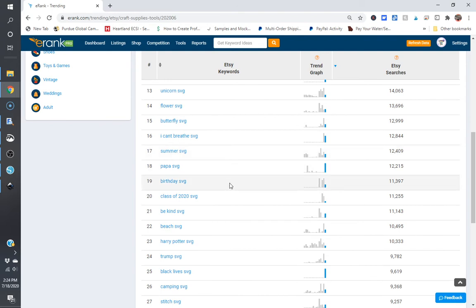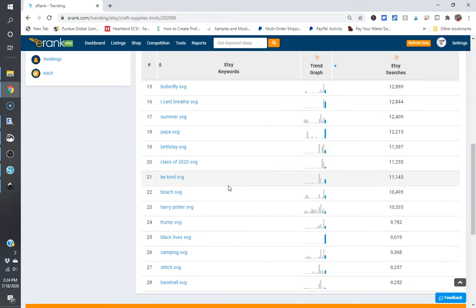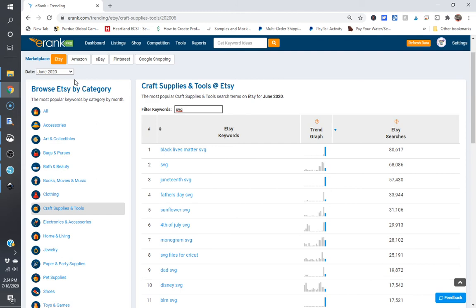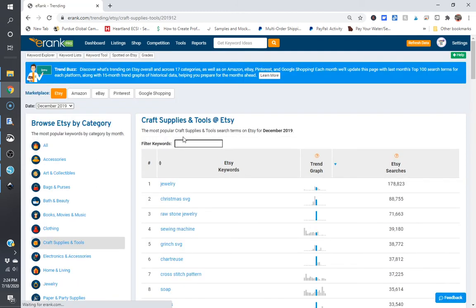Birthday SVG. A lot more people are searching for birthday designs because we're not going to the stores, so we're making stuff in our homes. Obviously beach because it's summer. Be kind. Trump, and some of the other more media-centric trends. You can also go back to other months, and if you go back to December of 2019, you can do the same thing